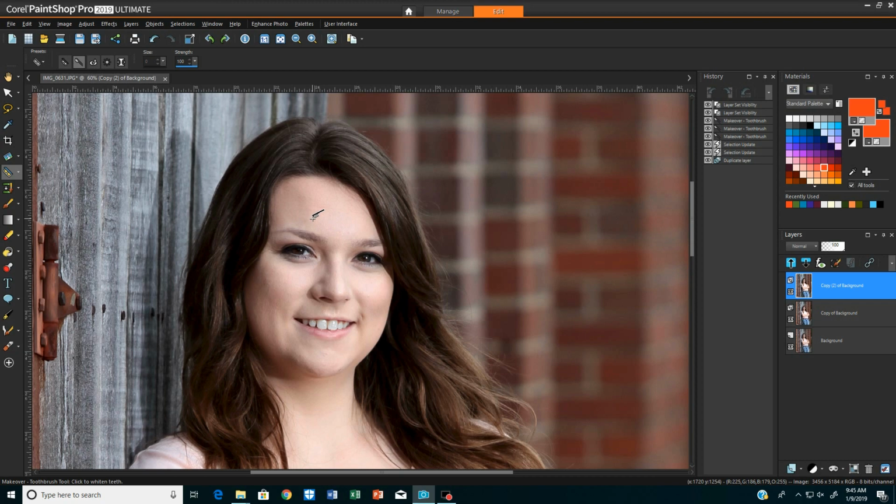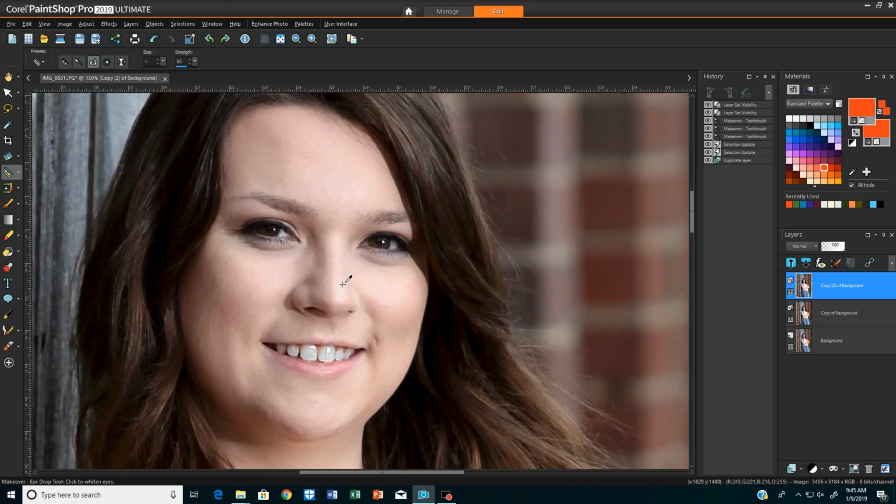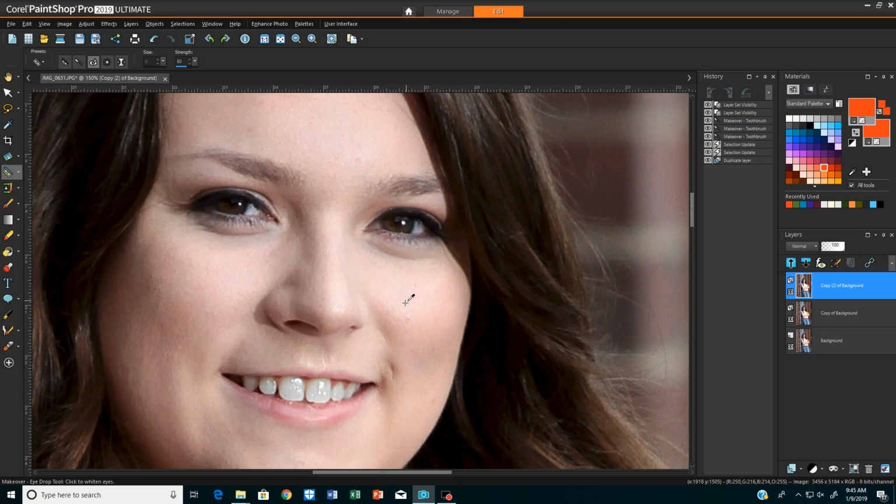I want to show you something with the eyes, and I'm going to choose the eye drop. Now let's zoom in on the eyes. We want to be careful not to over click. So let's pick on this section of the eye with one click, and let's click one time here and one time here. And really that didn't give me a lot. I'm going to increase the strength to 100%. One click, and folks, that didn't do what I wanted it to. So let me show you another way that we can do the eyes.